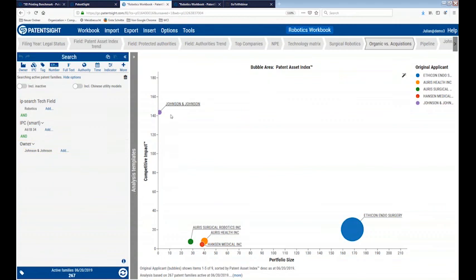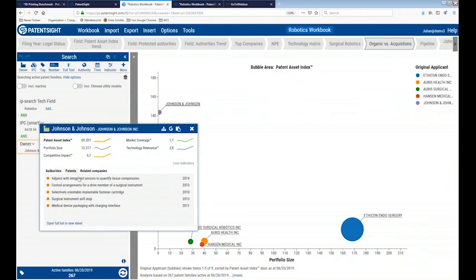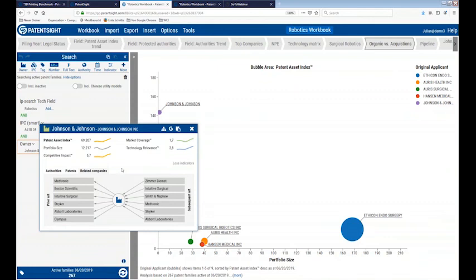The great thing about the software is that all the data you're looking at is active, so you can work with it. You can click, for example, on the owner, Johnson & Johnson, go to the company info box, and have a look at the key metrics, the authorities where they're active, or where they have a focus, and you get an idea of key patents they own. I also really like this slide here, where I see related companies. So I see the prior and subsequent art of Johnson & Johnson. Here I see those companies which get cited by Johnson & Johnson patents, and on the other hand, I see those patents which cite Johnson & Johnson patents. If you are interested in anything here, like if you want to have a look at the Stryker patents which cite